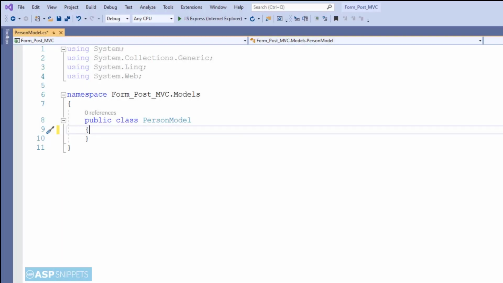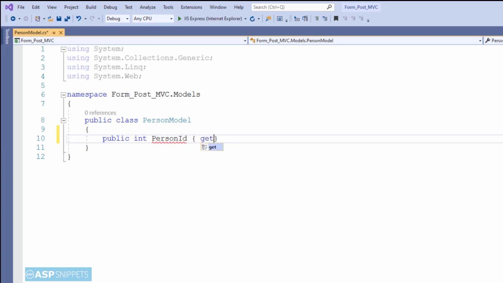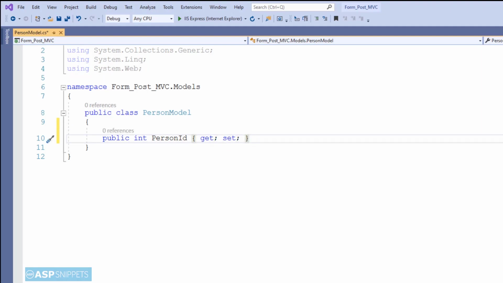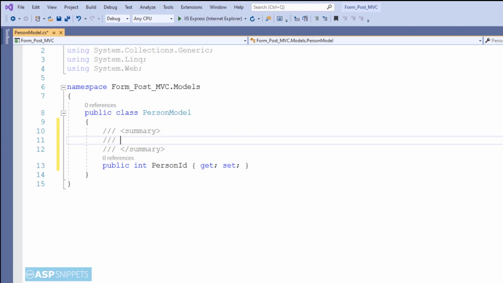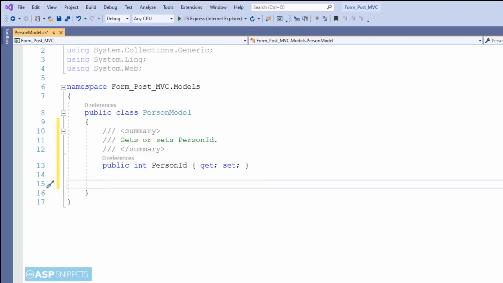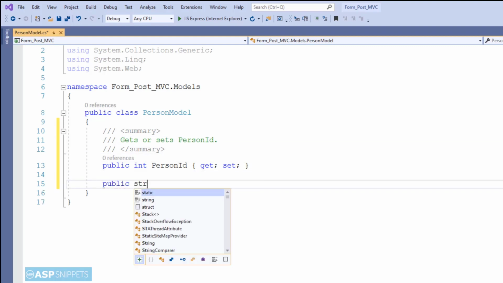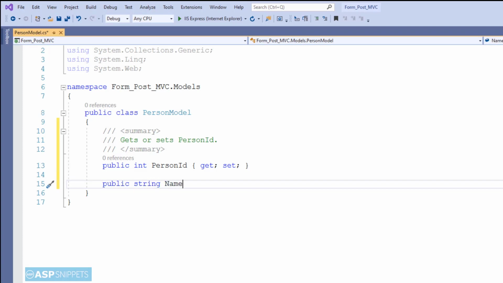So let's start. First I'm creating a model class. You can see I've created a class PersonModel inside the Models folder. The very first property is PersonID, which is an integer property. The second property is Name, which is a string property.